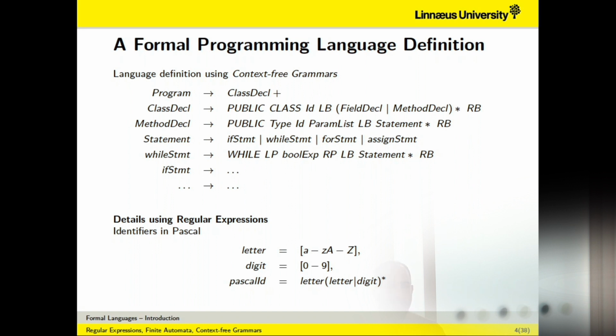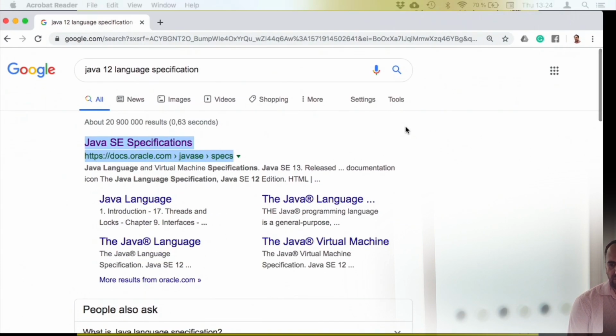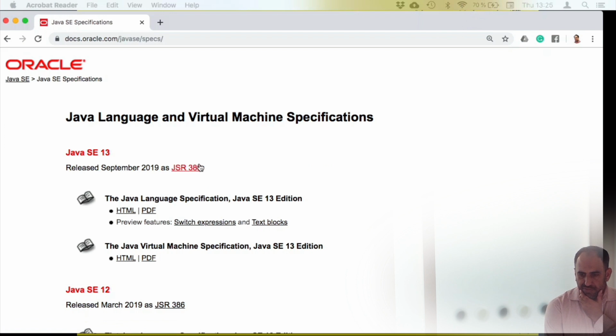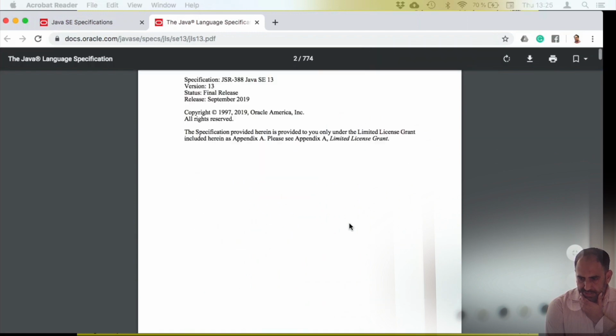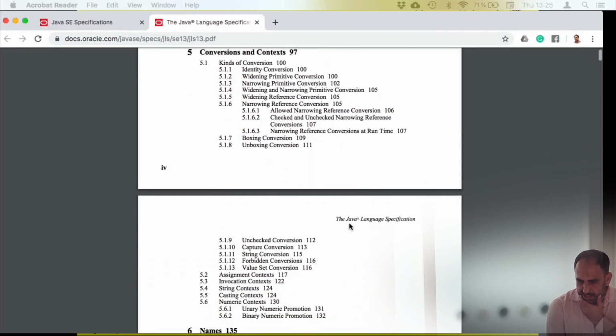And in those language definitions, for example, if we look at the Java language specifications, so I just Googled the Java 12 language specification. And then if we open this one, let's see, the internet is working, yeah. Okay, and then if we see the latest one, okay, and maybe if we have something like a class declaration,